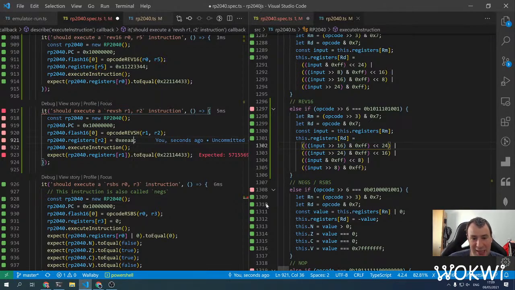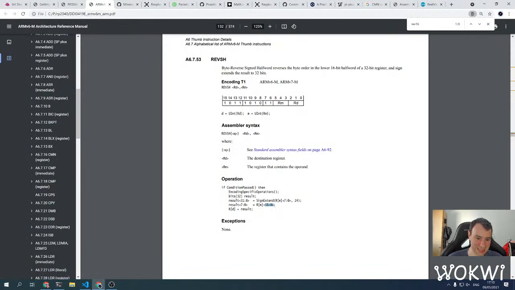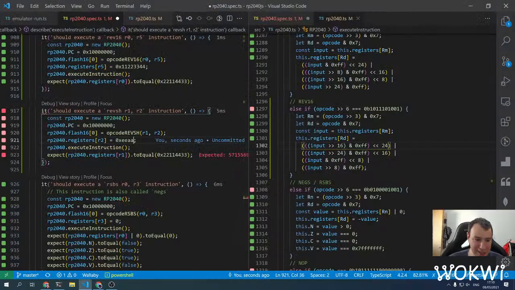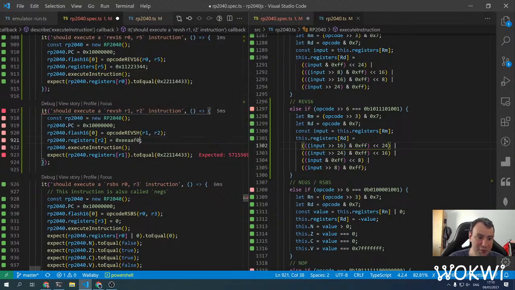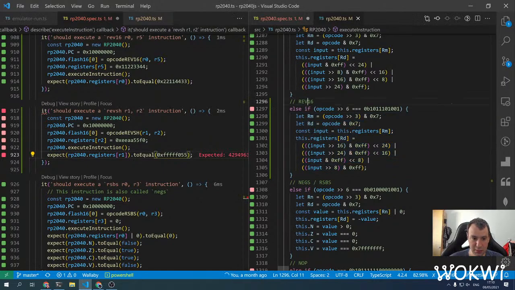And we have also seen the case of the carry that we had before, where we had this test case, but it just wouldn't cover that specific edge case. So yeah, tests that don't guarantee anything. Not really. Anyway, let's say we have here F0, 55 F0. So we expect this to be F055, and then this would be sign extended, so adding Fs all the way. All right, so let's implement this revsh